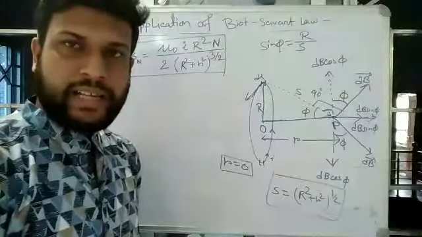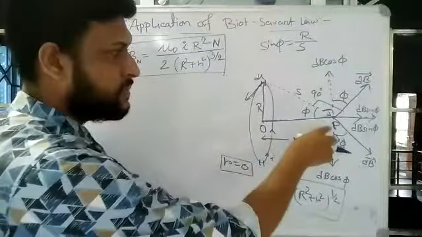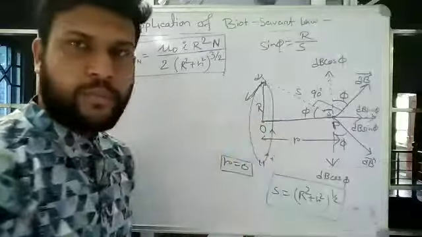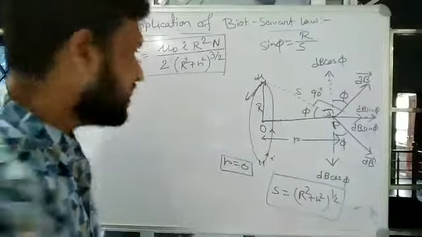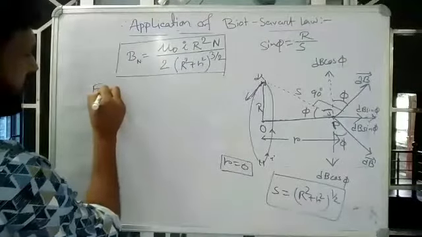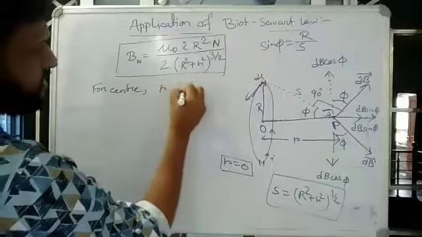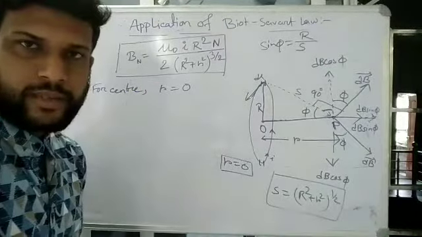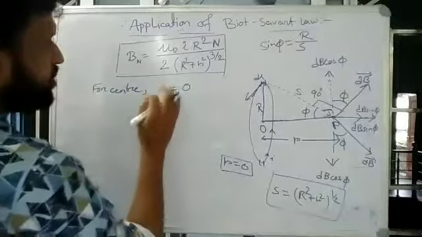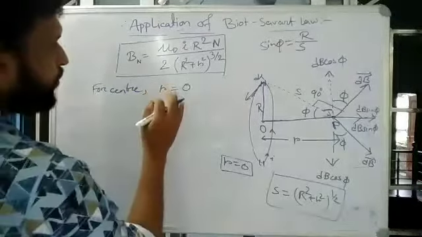If you make r equal to 0, that means this point P is actually point O, which is the center. So for the center, r should be 0. So if you put this value of r in